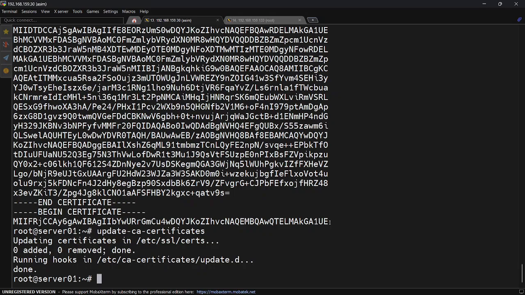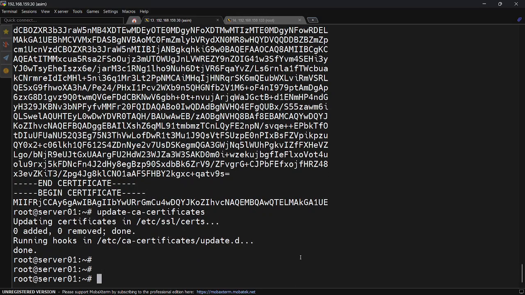appears on the internet and this file does not contain its information. You can run this command and it will update the new certificate authority, but so far nothing is added, nothing is removed. Okay, and if I do the curl,